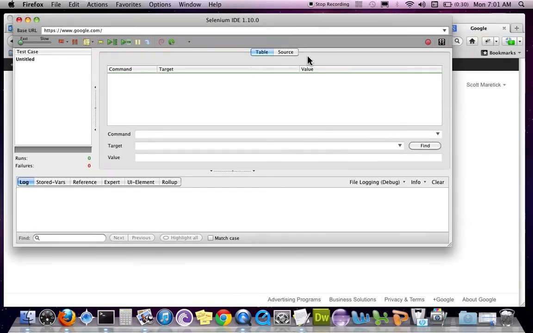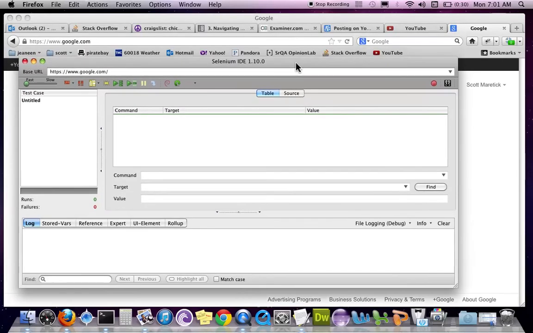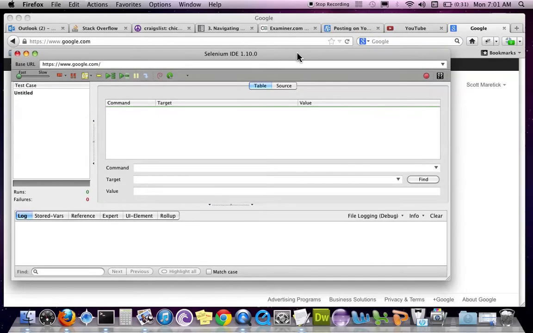Usually when you're going to do something in the Selenium IDE, it's always going to help and be more expeditious to have two monitors connected, or at least a large monitor that you can put both the Selenium IDE and the browser and see what they're both doing, and I'll show you why in a second. So I'm in the Selenium IDE. I'm going to open